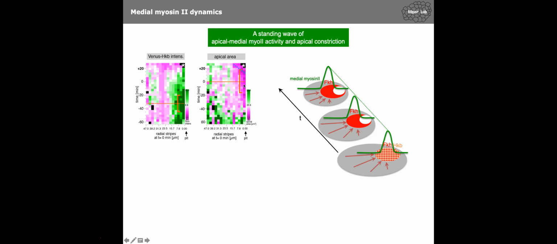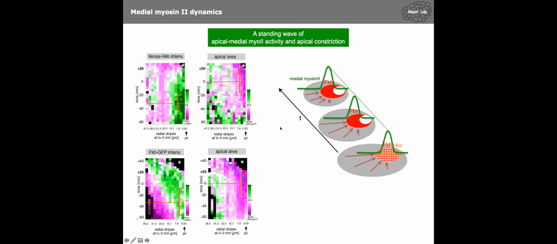And at about 0 minutes, when the tissue bending starts, in terms of apical areas, we see very strong constriction. So there's about a half-hour delay between the two. And the same is true if we look at Fork head intensity tagged with GFP. Again, at about half an hour before any tissue bending starts, we see